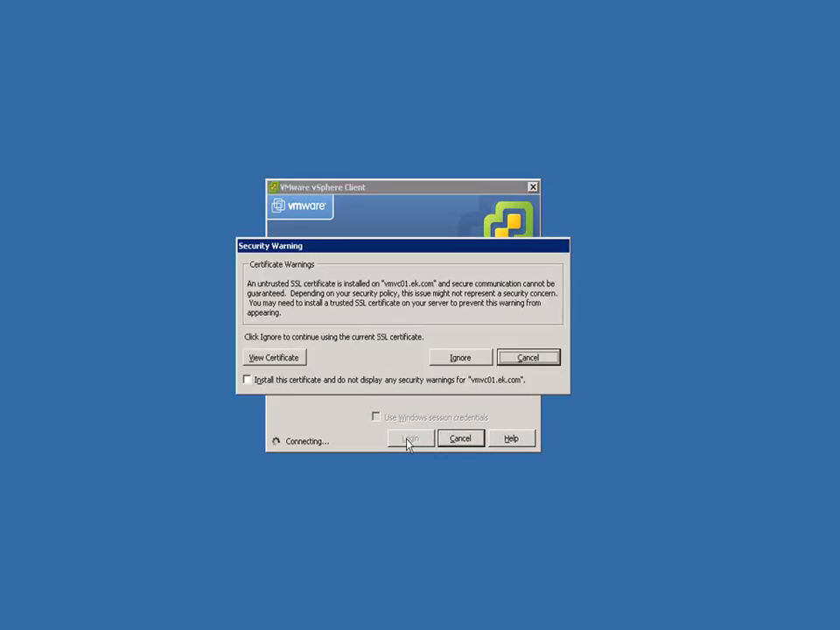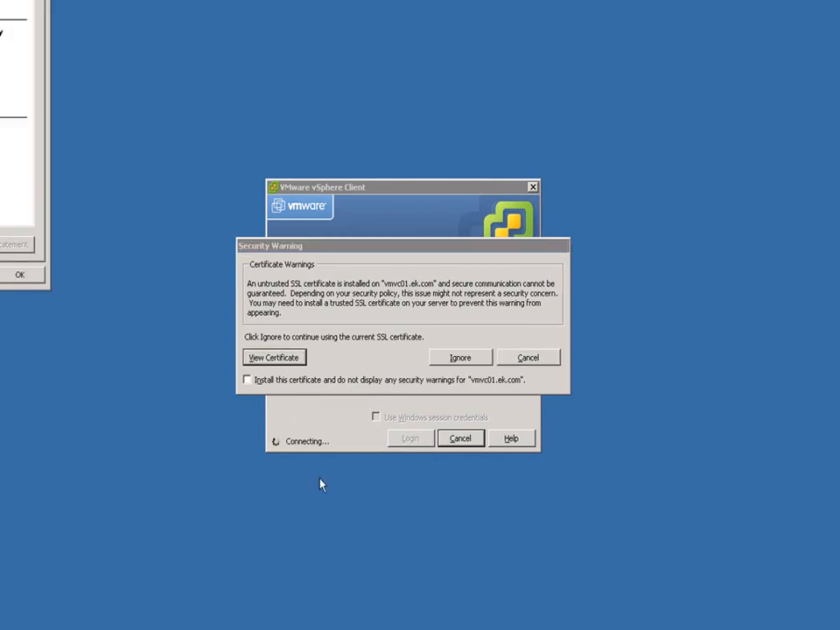We have to accept an SSL certificate or ignore it. Now what we have here is a self-signed certificate that the VMware installer created for this instance of Virtual Center. So you have two options here. You can select this checkbox to install the certificate and not display this again, or if you wanted to make